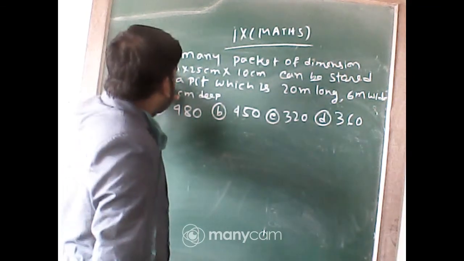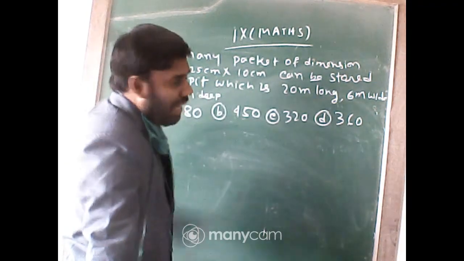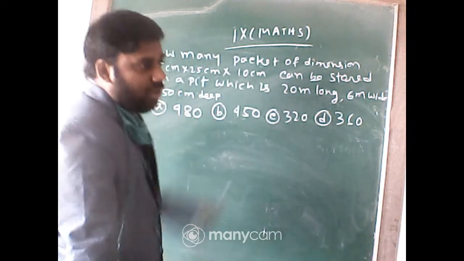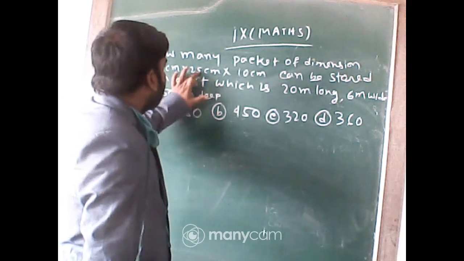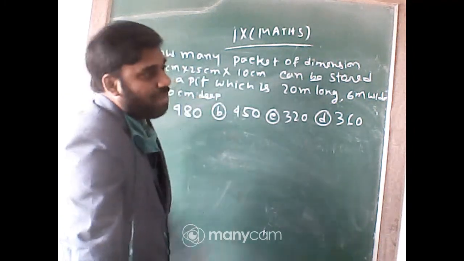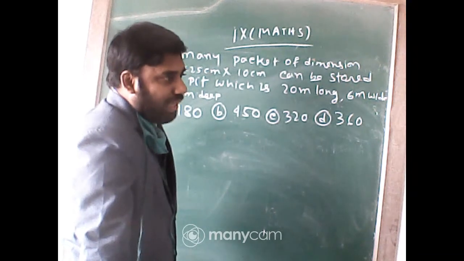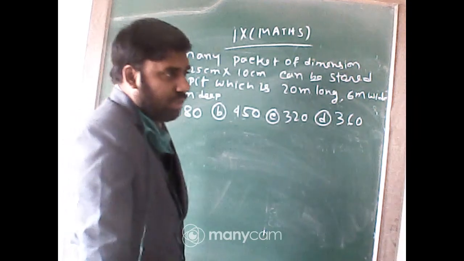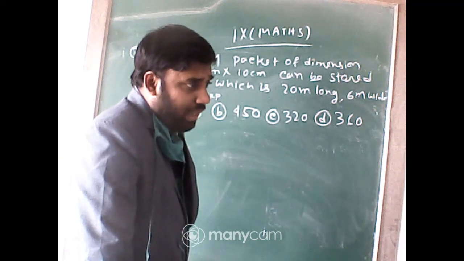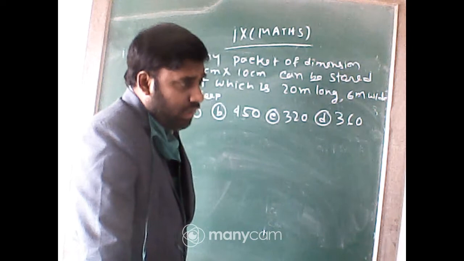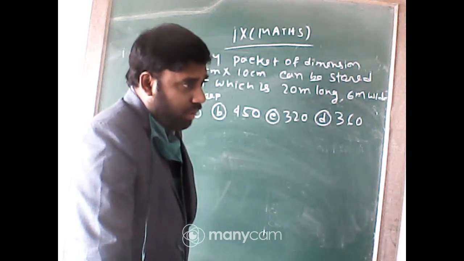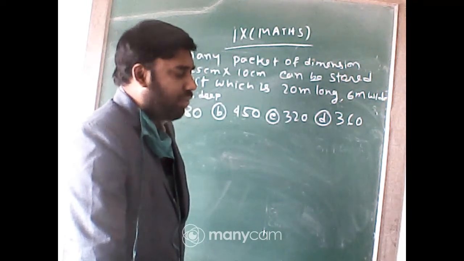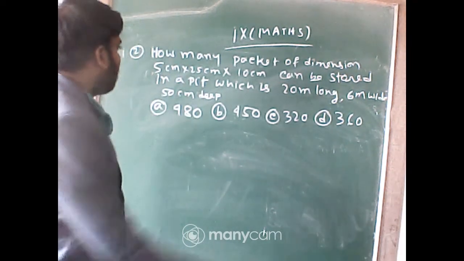So tell me, 5 centimeter into 25 centimeter into 10 centimeter. Which type of shape is it? 5 centimeter into 20, length, breadth and height. Anyone can say, including Sarah. Promiti, cuboid. Shivam, cuboid. Arpit, cuboid. Amrita, cuboid. Sarah, cuboid. Ronit, cuboid, very good. Ashrafuluddin, cuboid, very good. All of you have answered cuboid. So it is a cuboid.